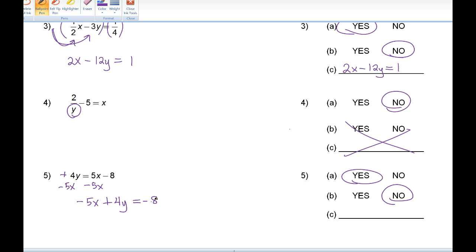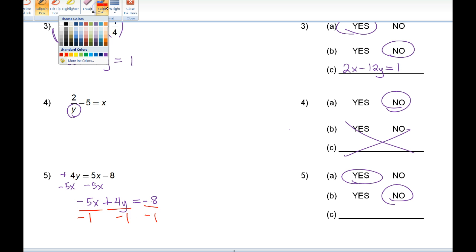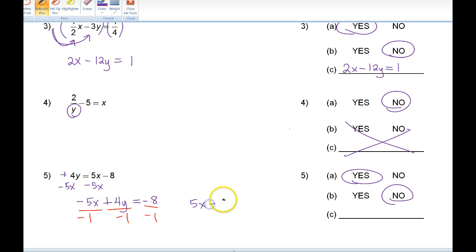Now we're almost done because we have x and y on the same side. Now we just need to do what? Divide by negative 1. So I'm going to put negative 1 underneath everything. What do we end up with? Well, we get, Tommy? 5x plus 4y equals 8. Almost. Yeah. Just forgot the minus sign, because a positive 4y divided by negative 1, so we get